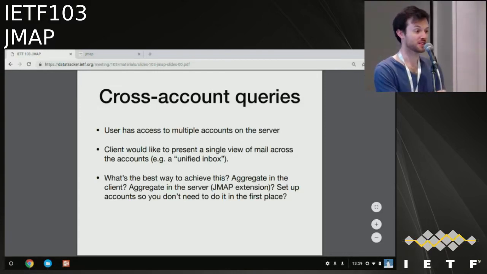Absolutely. I mean, that was my initial view, and that's why I always presumed a client would do this if it needed to, so it could do the same across accounts, which is why it's not in there. But there is still a potential use case on a single server which does have access to both.